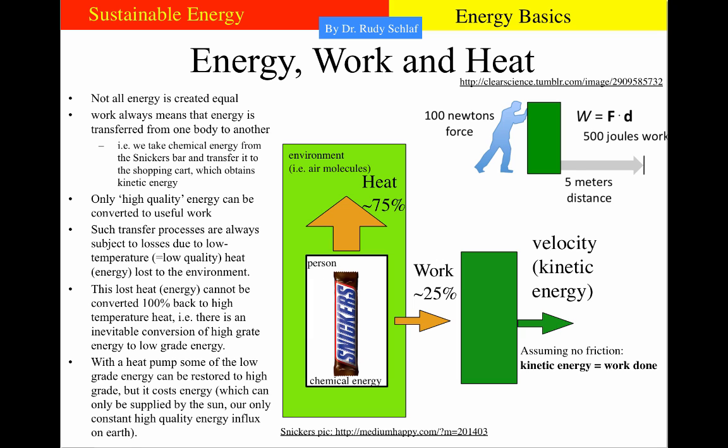So what we're talking about is to use some potential energy, here symbolized by this Snickers bar, and then we're trying to convert it to useful work that allows us to transfer some of the energy of the Snickers bar onto another object. In this case, it was the shopping cart. And the efficiency is essentially the ratio between the work that we get out, or the transfer of some of that potential energy into kinetic energy of the shopping cart, relative to the amount of heat energy that is lost